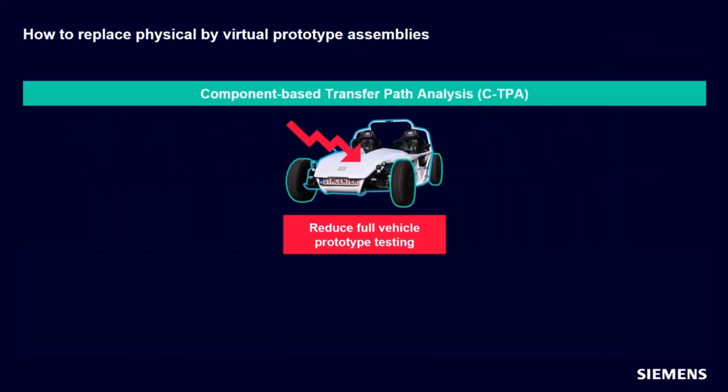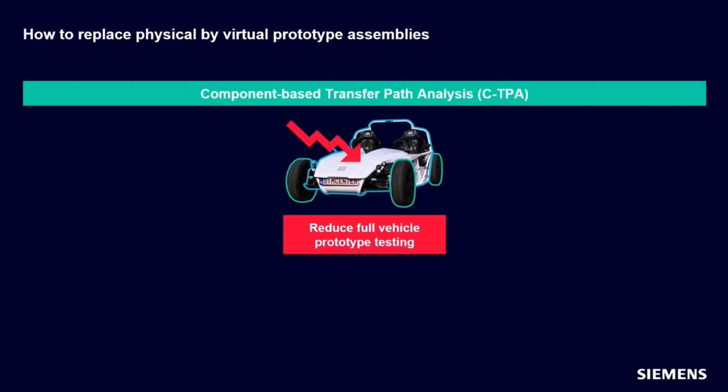One of the enabling tools or underlying technologies here is this thing called component-based transfer path analysis. If you've been around noise and vibration for a while, you've probably heard of transfer path analysis, which is a very popular problem root causing technique you can use to figure out how is the energy, noise or vibration, getting from our source, whatever we're considering our source, to our receiver, usually a human being, either a microphone response or a vibration that we'd measure with an accelerometer. How is the energy getting from one place to the other? And so how can we best address and lower the noise or the vibration at the receiver location?